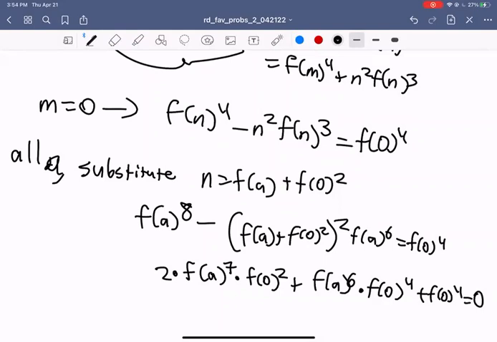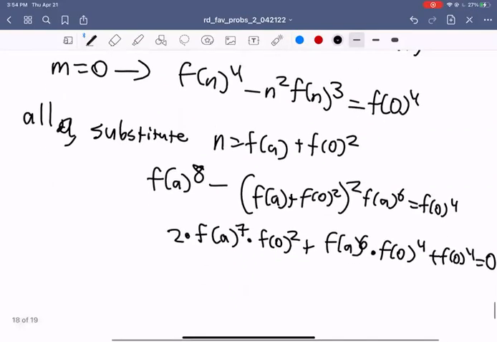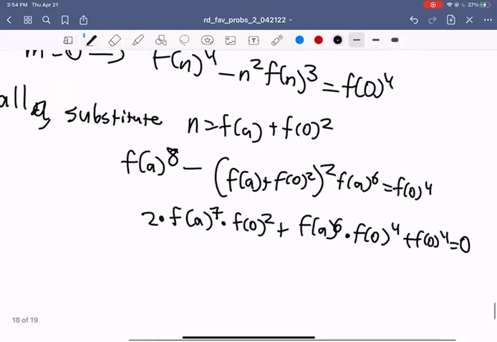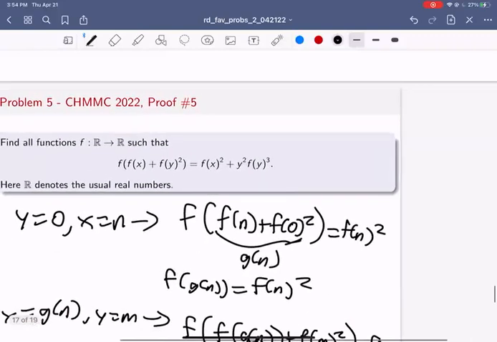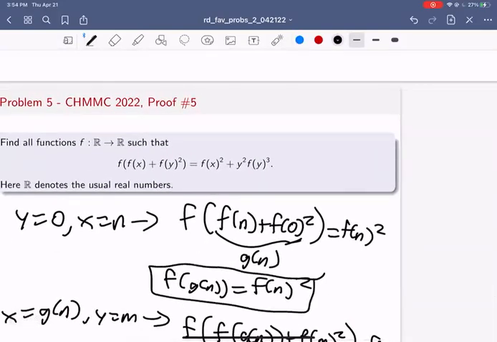This still doesn't seem too helpful, so we can just for now note the fact that this is a degree 7 polynomial, which means that there are at most 7 distinct values for f(a). And because of this, we can see what this amount of distinct values can do. 7 does not seem like a special number, so we just need to use the fact that there are finitely many values. And in fact, we developed this useful condition, which is that for all n,